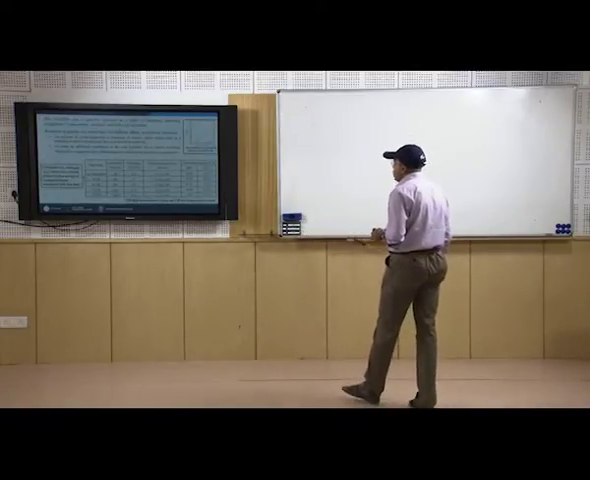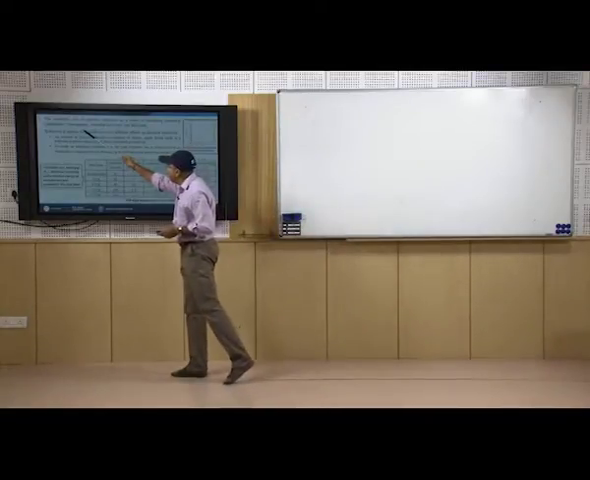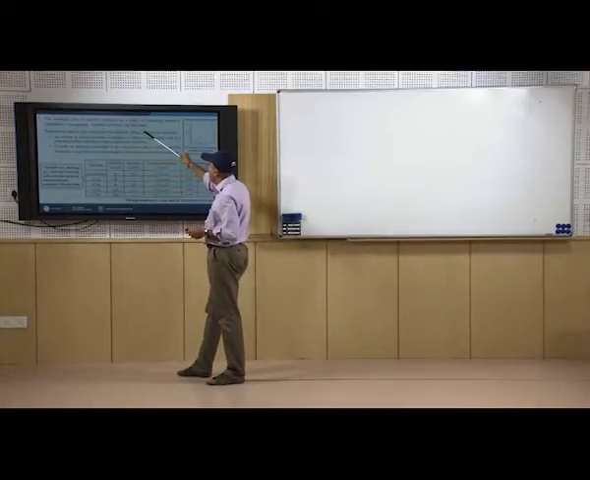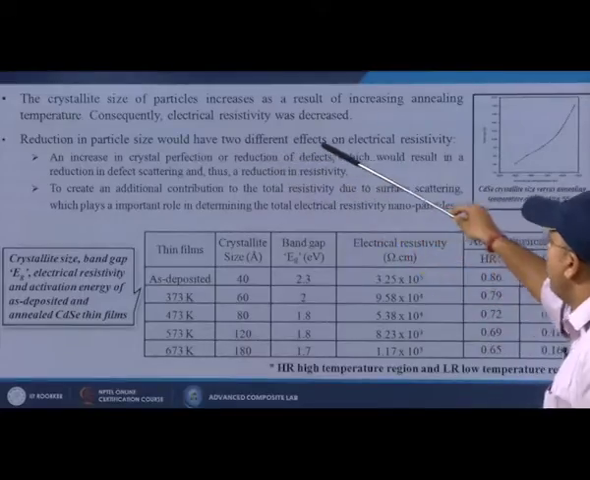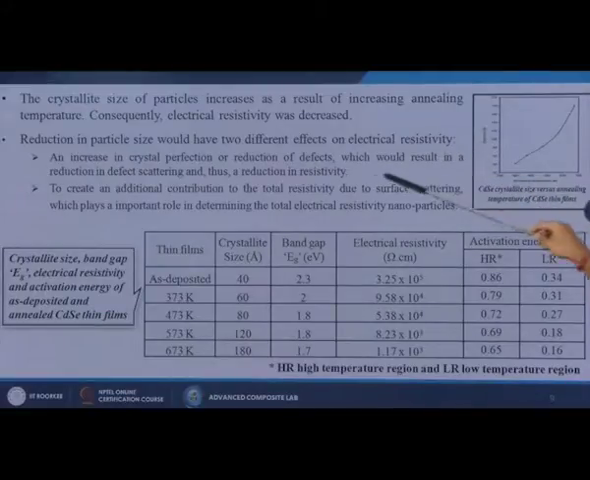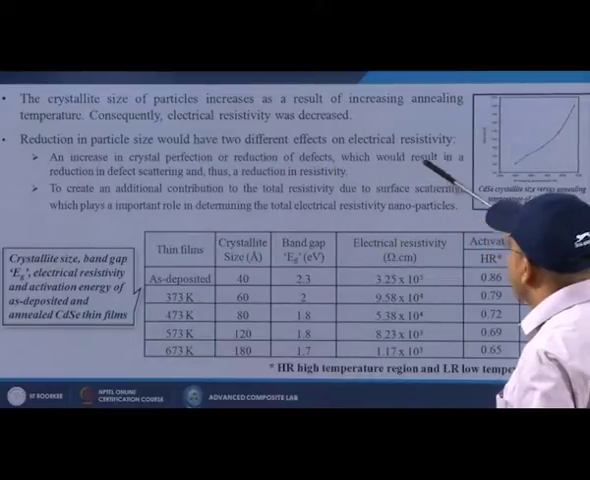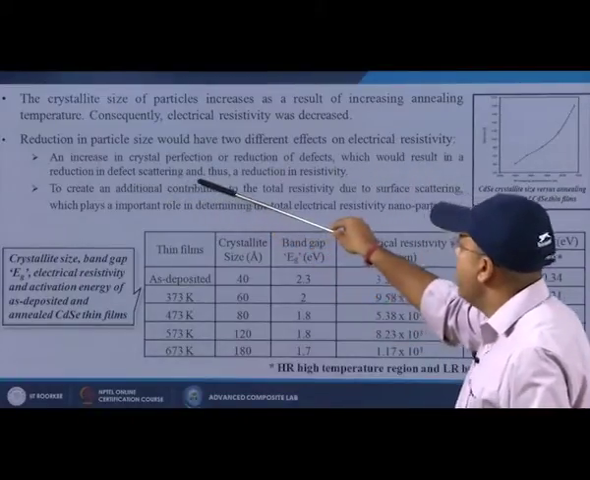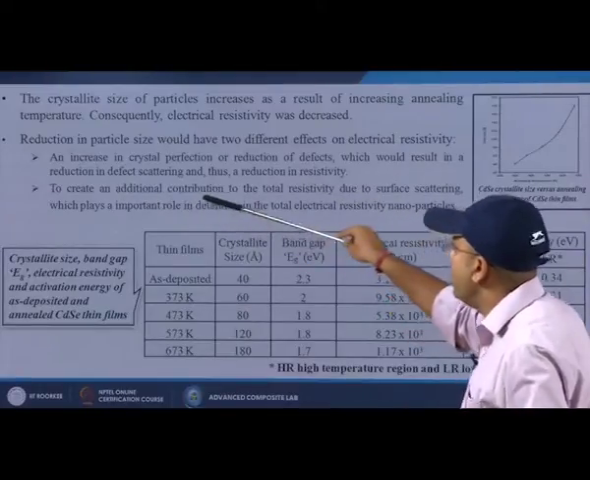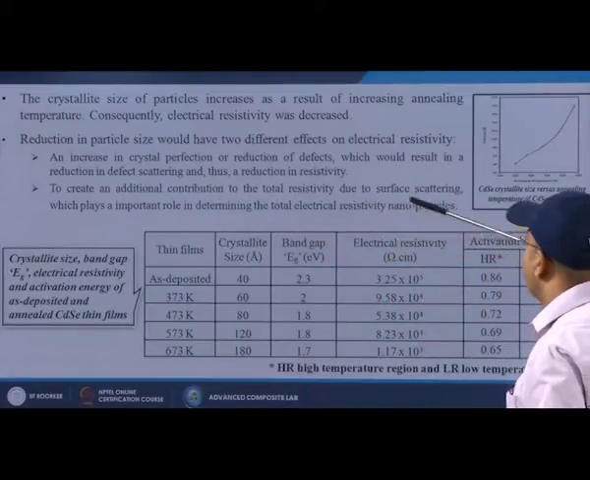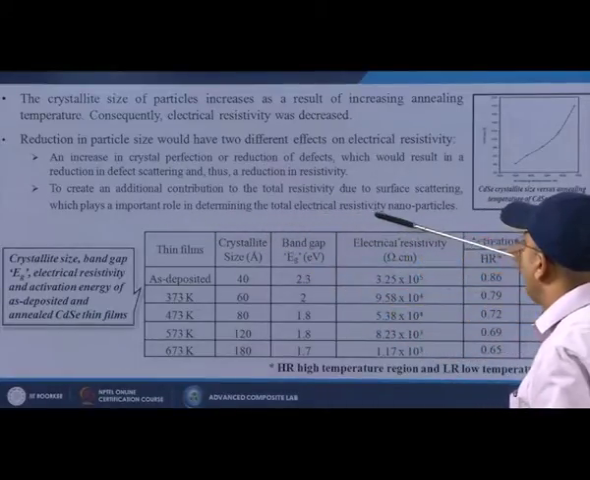The crystallite size of particles increases as a result of increasing annealing temperature, consequently electrical resistivity was decreased. Reduction in particle size would have two different effects on electrical resistivity: an increase in crystal perfection or reduction of defects, which would result in a reduction in defect scattering and thus a reduction in resistivity, and an additional contribution to the total resistivity due to the surface scattering, which plays an important role in determining the total electrical